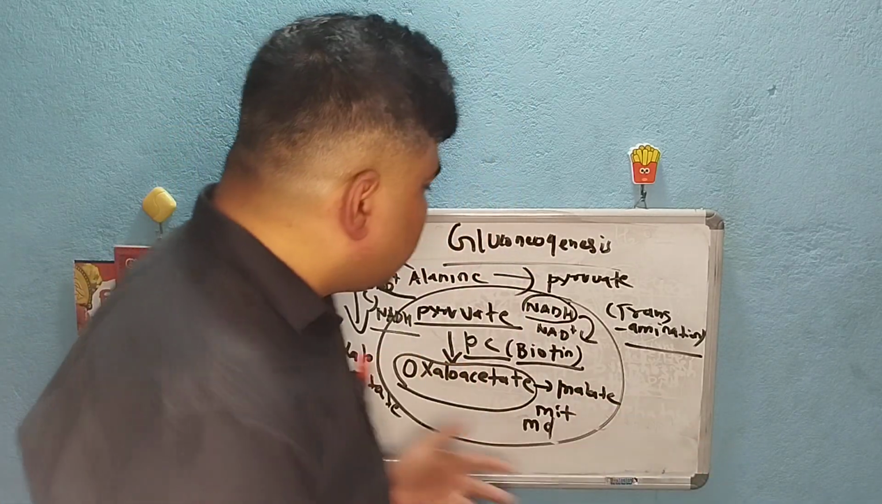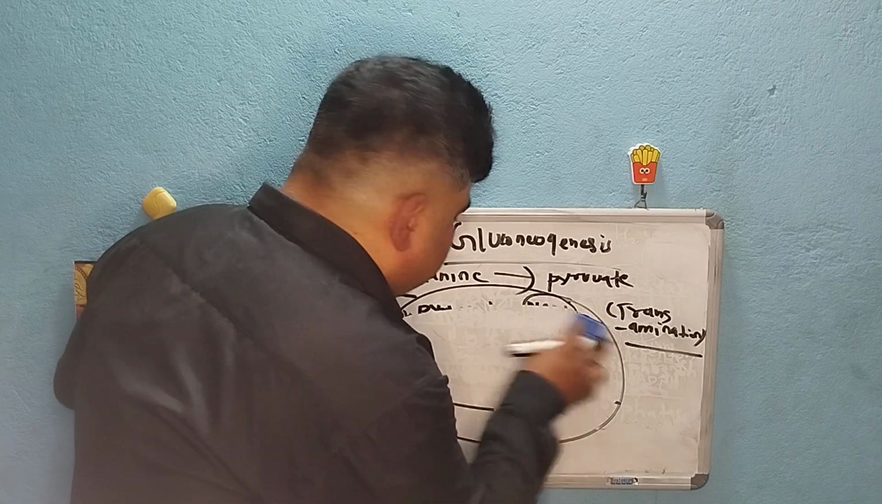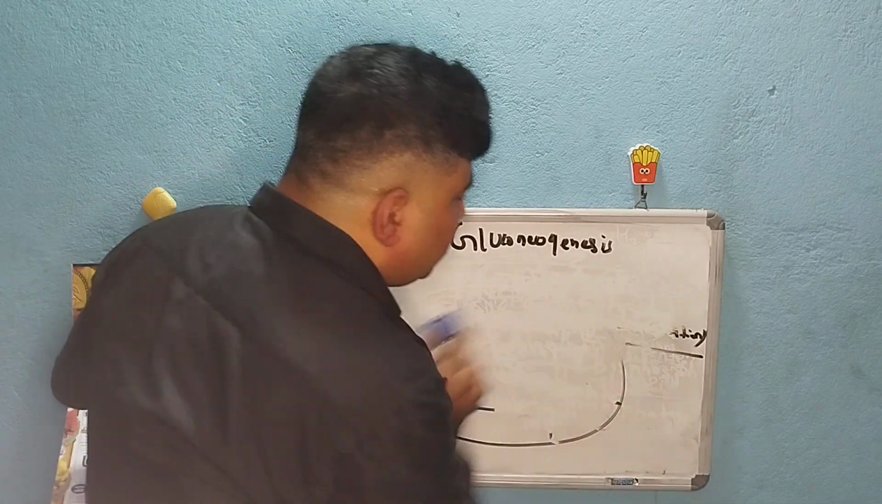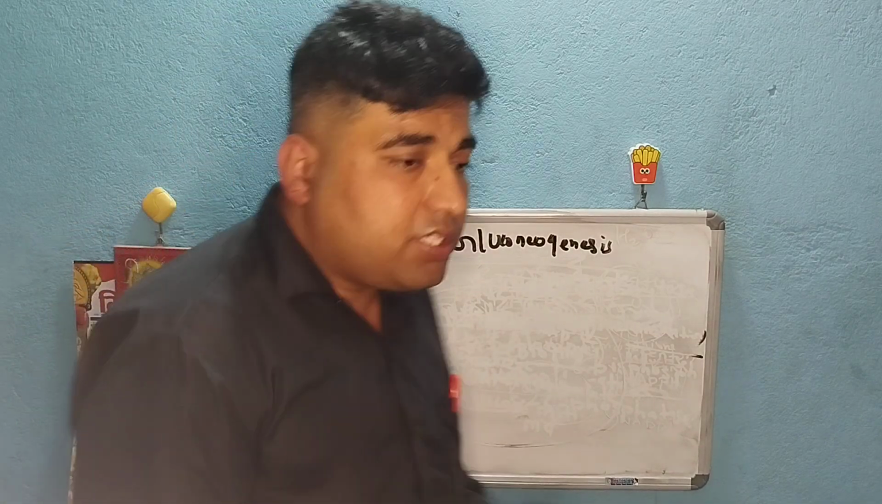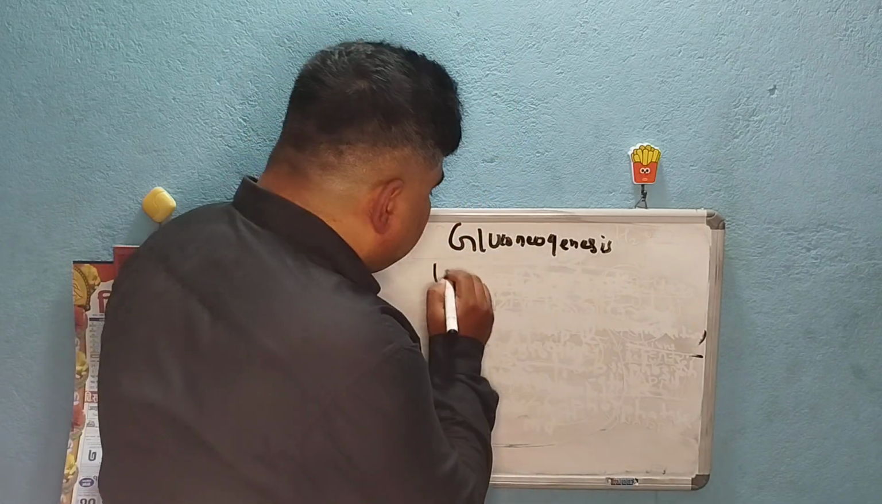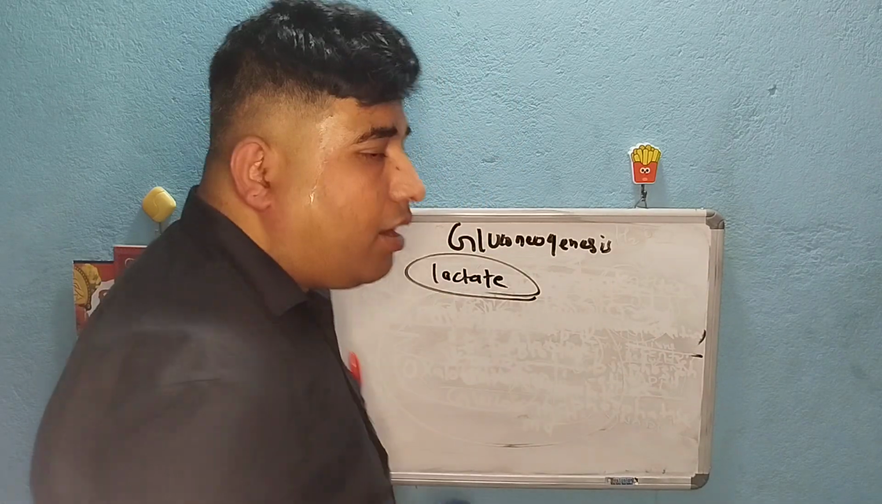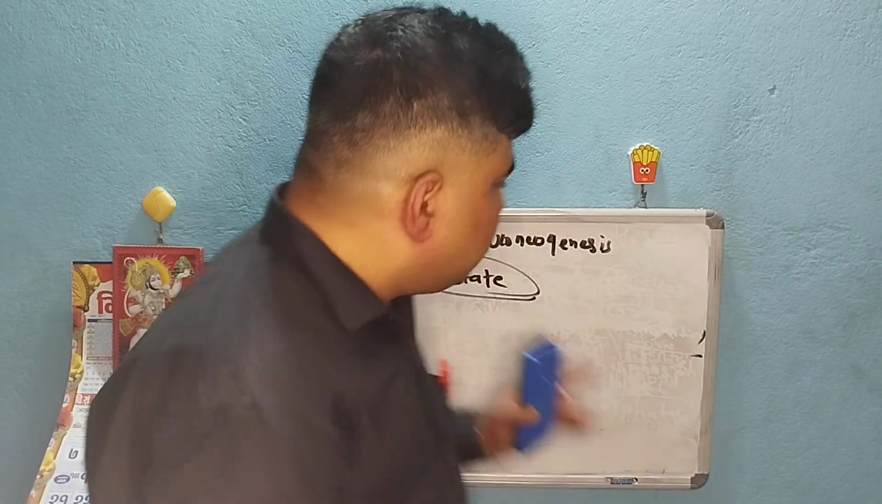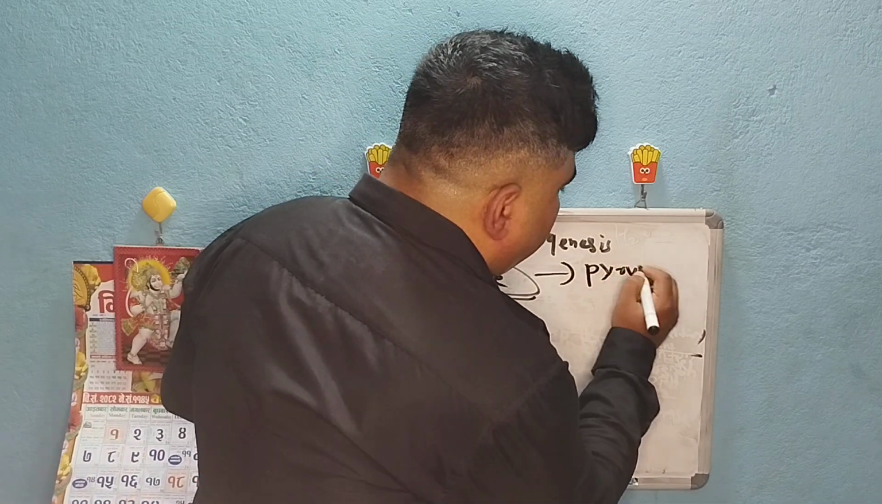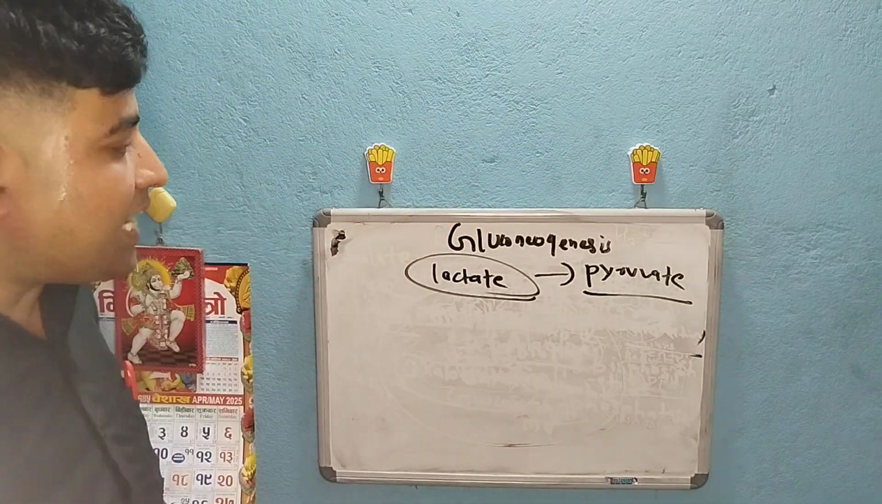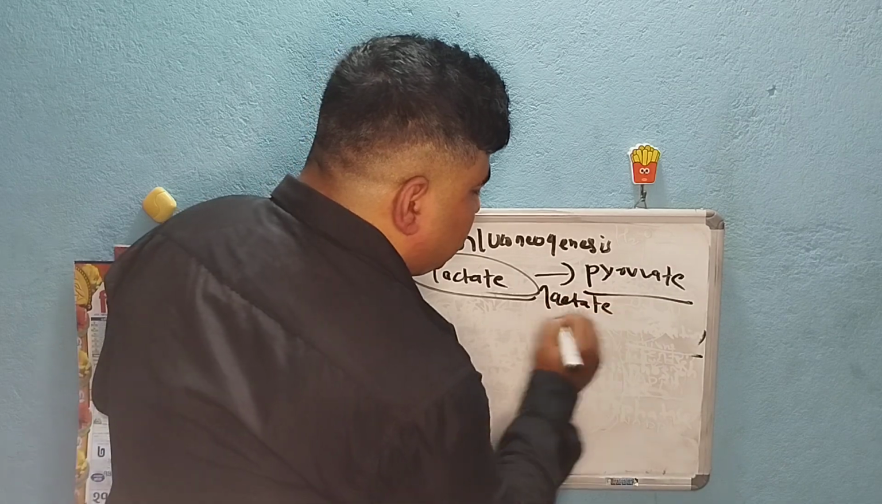Next, if lactate is the source, something different happens. Lactate is produced from anaerobic respiration, that is, when the body is exercising vigorously, and also in RBCs, which lack mitochondria and therefore cannot undergo aerobic respiration. When lactate is the gluconeogenic compound, it is first converted into pyruvate by the enzyme lactate dehydrogenase,